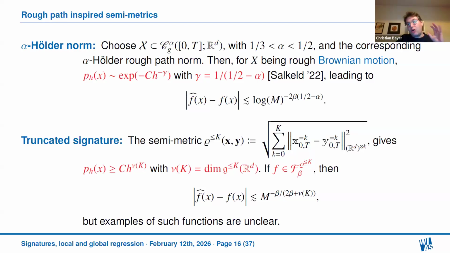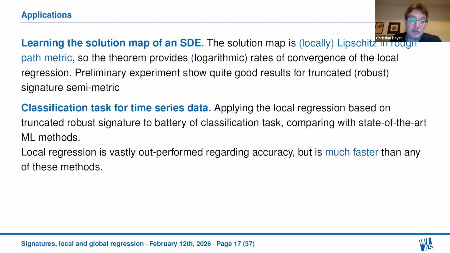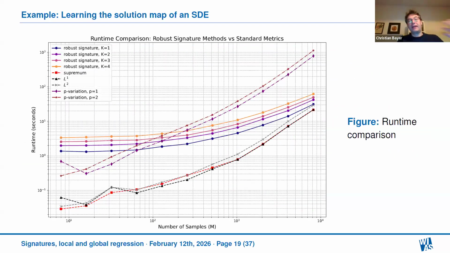For two reasons. Number one, because computation is very expensive, but number two, also the signature does contain, in I think very efficient way, a lot of crucial, important information about the path. If I take truncated signature, there cannot be a convergence, for instance, for the example of learning a solution map of an SDE, but the performance in practice seems to be really good, and this is also in a way